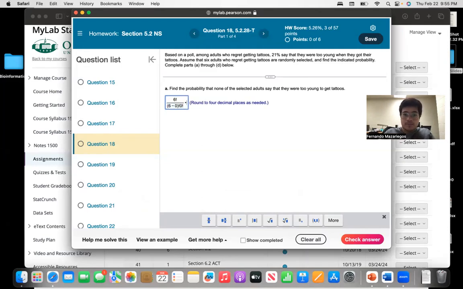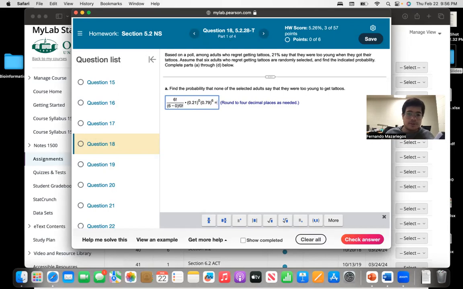And then we multiply by the probability that someone thinks they were too young. We raise that to 0. And then we have the complement, which should be 1 minus 0.21 raised to n minus x, which in this case is 6. So let's plug this in